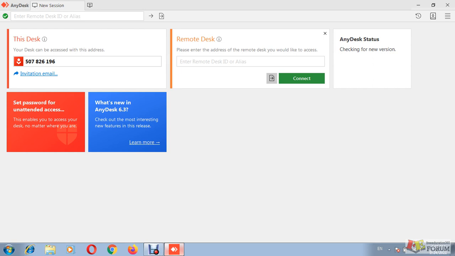Now we will see how to connect to a remote computer. Now I have opened AnyDesk. Now I will get the other computer's AnyDesk number.